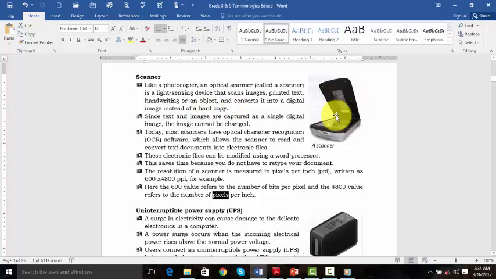So that is how a scanner is used. We have seen how Mike has demonstrated. First, you need to have a computer system. Then a scanner is connected to the computer system. Of course, the scanner also should be connected to the power source. Then the hard copy documents you want to scan are loaded into the tray and commanded. These hard copy files are converted into electronic files.